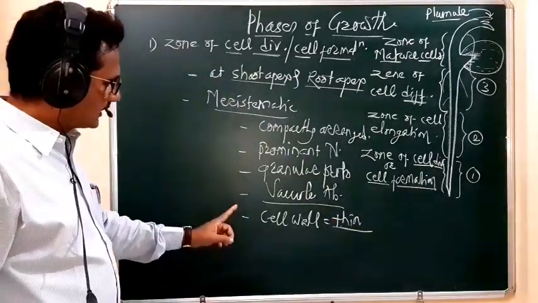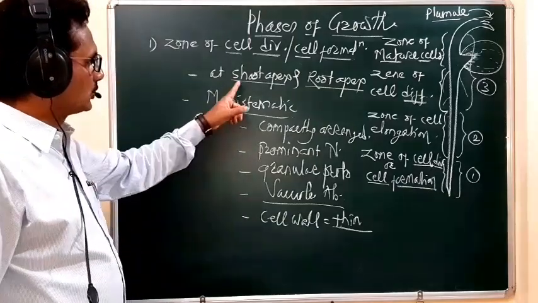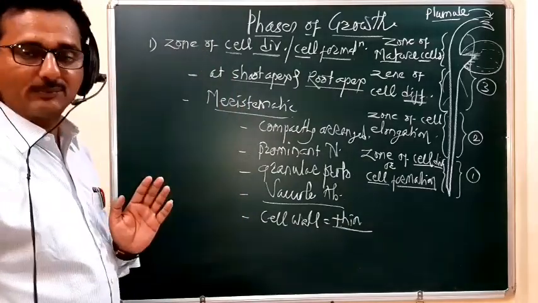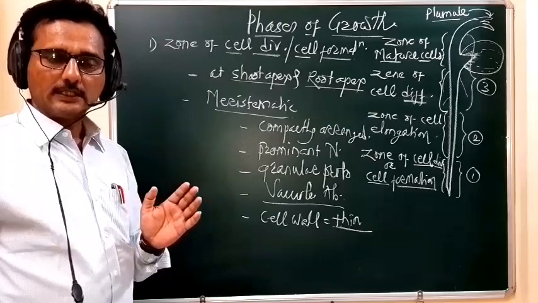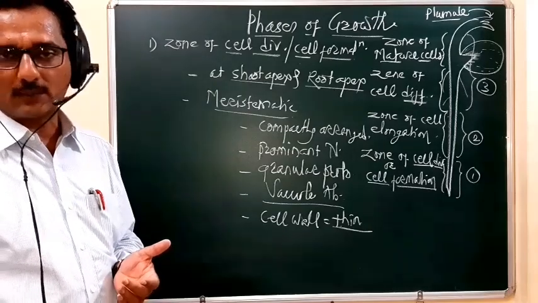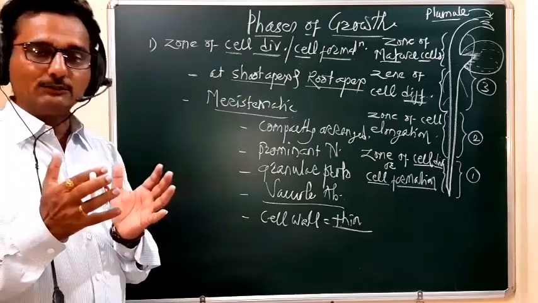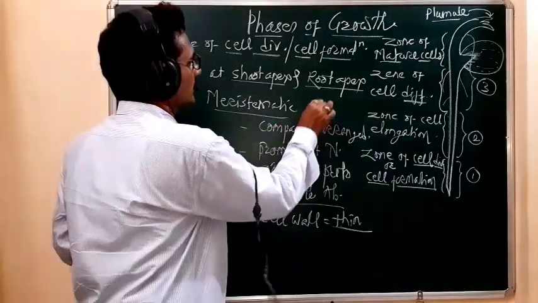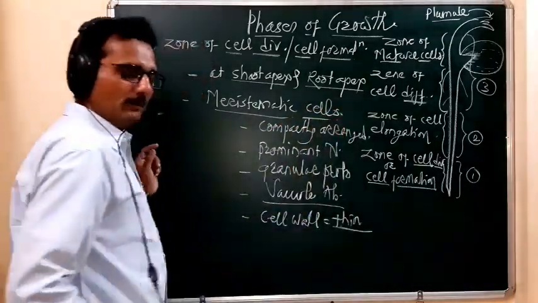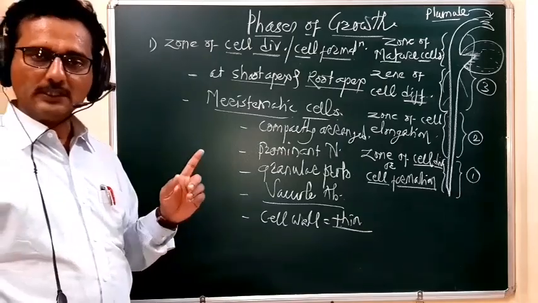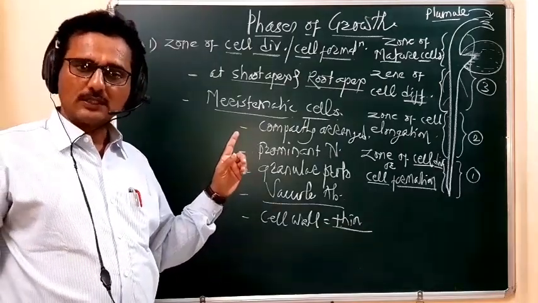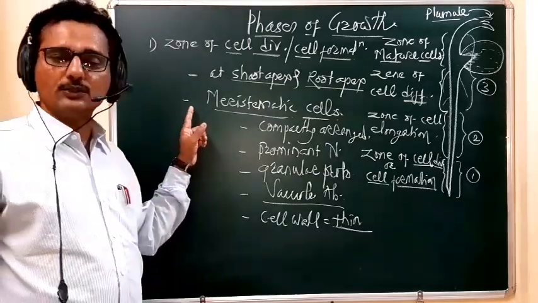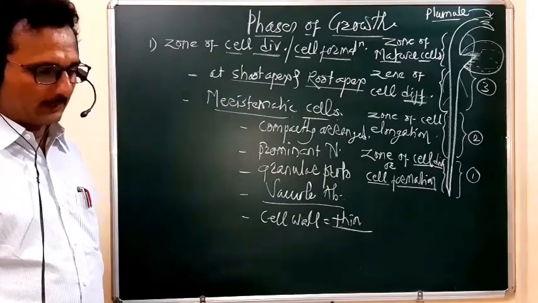So these are the characteristic features of the cells which are situated at the shoot apex and at the root apex. Because of these characteristic features, those cells remain active throughout the life of the plant body. Such a group of active cells is called the meristematic cells. And remember, students, these meristematic cells are reported only in plants. They are never reported in animals. So the plant shows continuous growth because of the meristematic region.